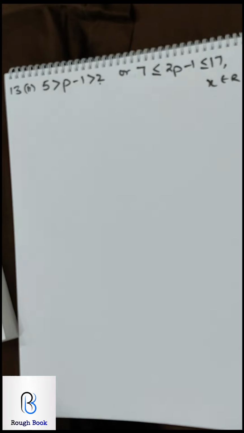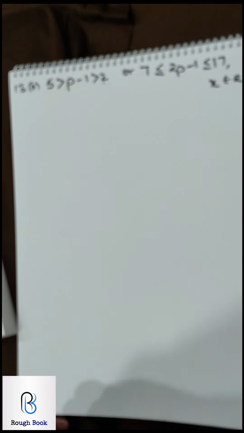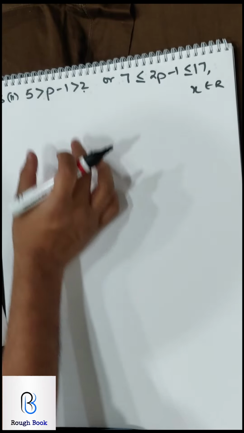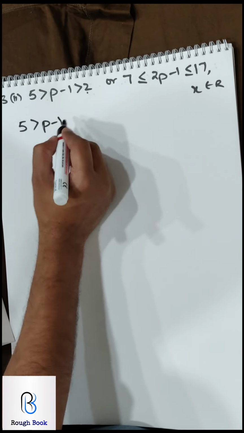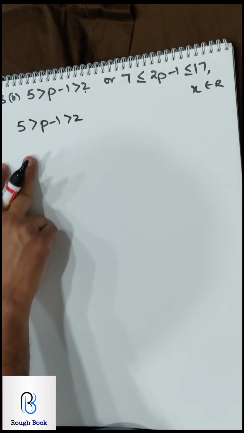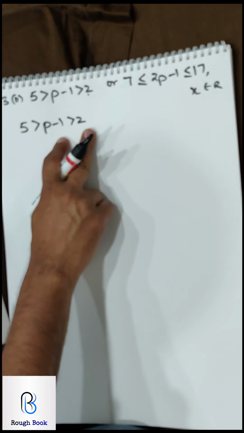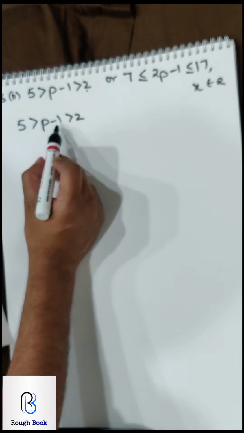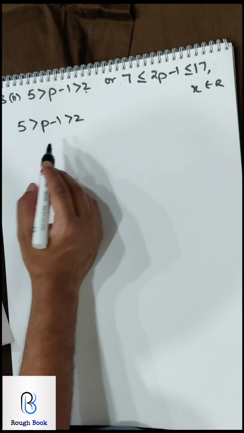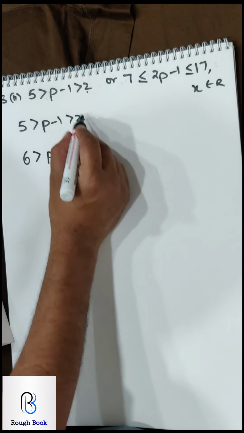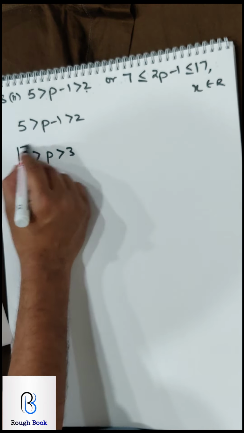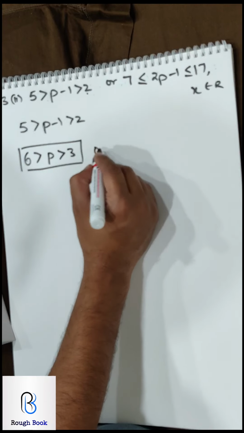Okay, this was 13th, the concept of 'or' and 'and', which we had skipped last time. So let's stick to this one and let's finish this as well. So I've taken 13 part 2, the first part is here. So 5 less than p minus 1 less than 2. Either you can split as first 2 and second 2, or you can just use a simple technique. Minus 1 send on both sides. So minus 1 comes here, becomes plus, and minus 1 goes there, also becomes plus. So you will directly get your answer, the first part.